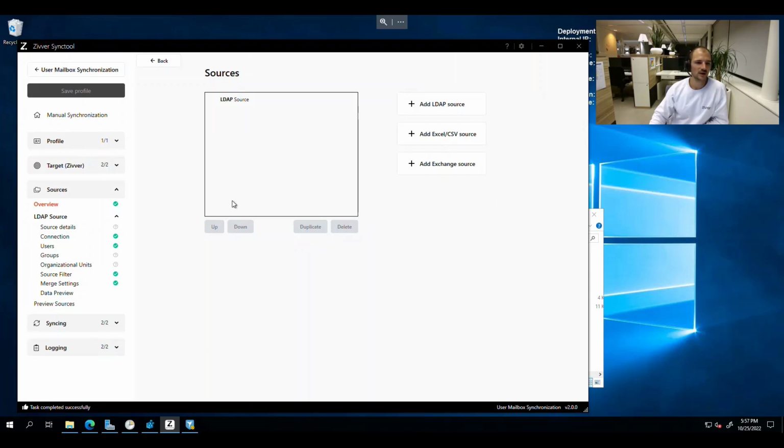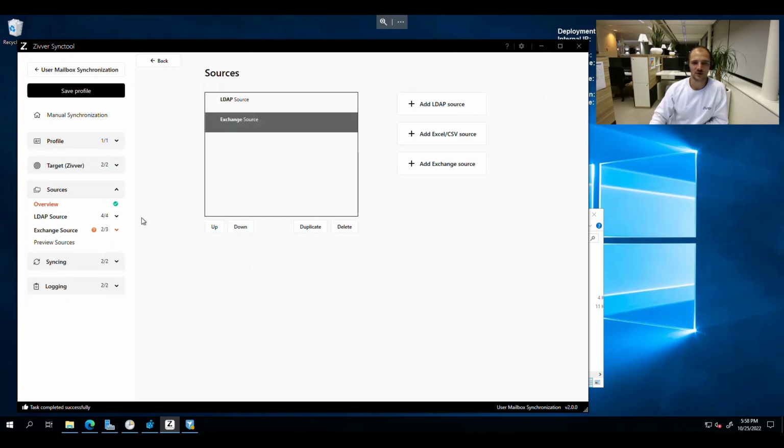And after the target, we're going to have a look at the sources. You don't have to change anything, so the sources should be just configured the way the V1 Synctool profile is configured, but it could be wise to make some changes, and also I want to take you through all these details. So the first thing is that we now have an overview of sources, which means that you can connect multiple sources to one Synctool profile, and you can just add them by clicking the add button, and then you get to configure a new